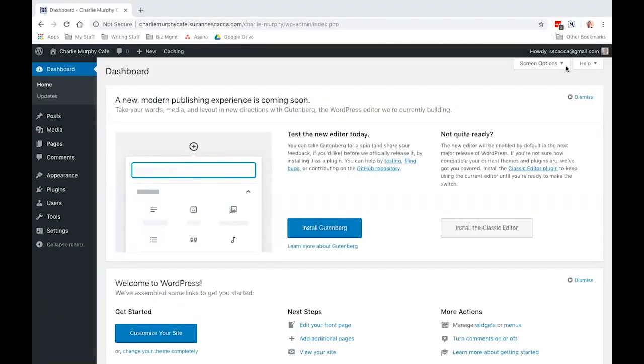WordPress is a great platform. That's why over 31% of the world uses it to power their websites. But when you first log in, as you can see here, it's kind of a mess, which is why it can be annoying or frustrating for new users in WordPress, because they see all of this here in the center